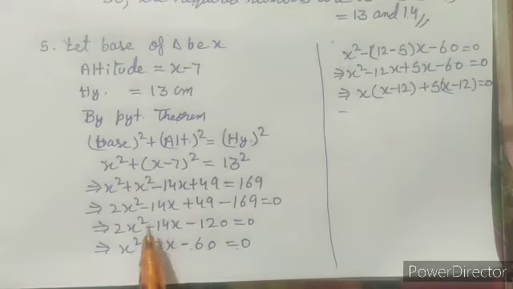Now on solving it we will get two values of x, one is positive and another one is negative. Now we can directly eliminate the negative value, as the side of a triangle cannot be negative. So you can solve it as we have solved the previous questions.